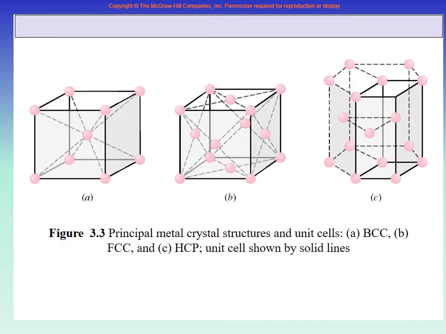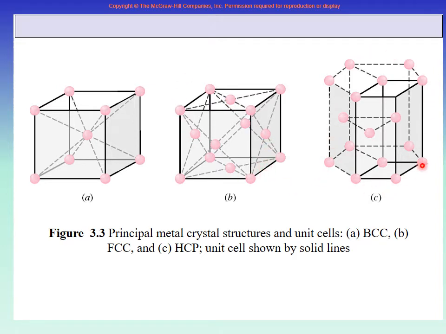So here we are still showing you the unrealistic one, just to show you the shape. This is body centered cubic, exact cube. These 2 are exact cubes, all sides same, all angles 90 degrees. There is one extra atom in the middle of the body, so it is body centered cubic. There is one extra atom on each face, so it is face centered cubic.